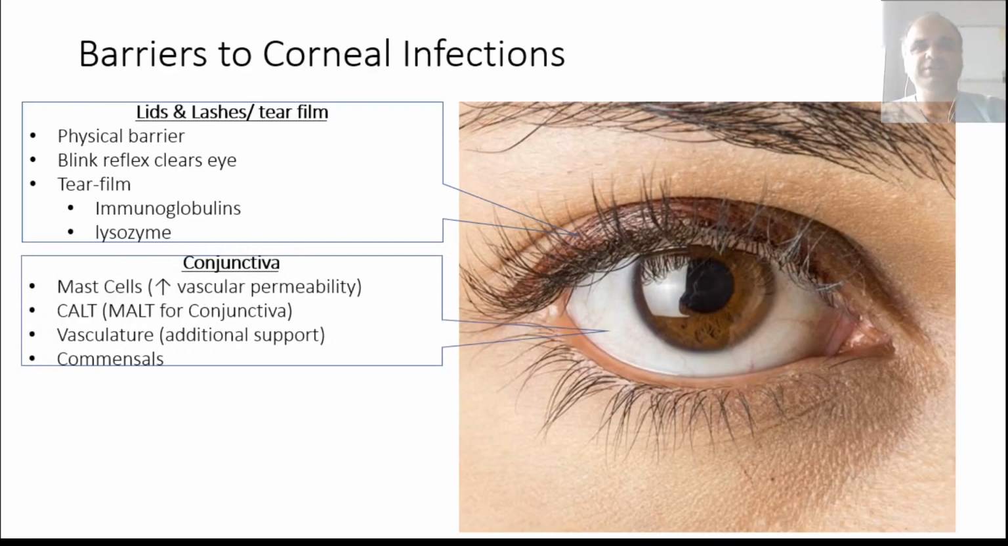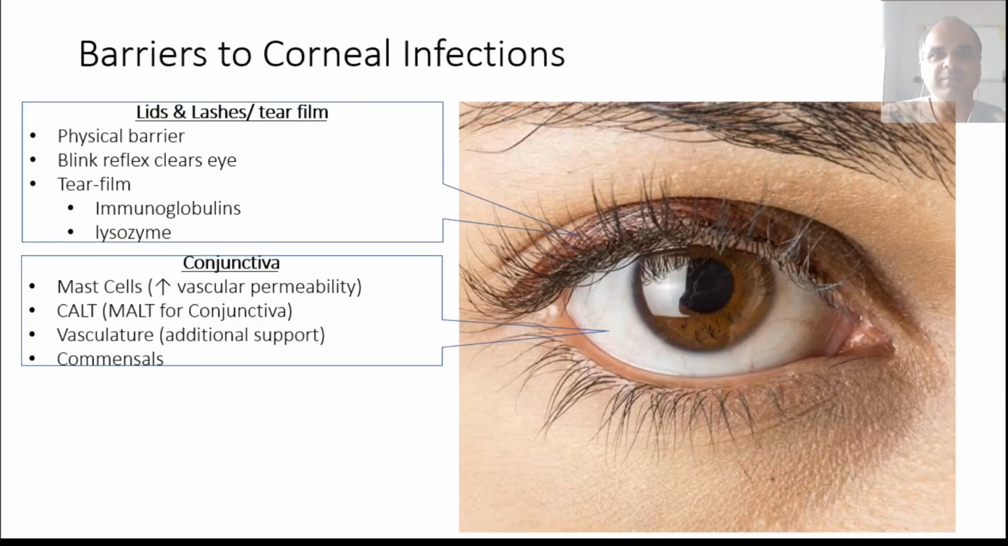Then we move on to conjunctiva. Conjunctiva itself has something called CALT, which is conjunctiva associated lymphoid tissue, which is something like MALT for your conjunctiva, which is basically something that provides a lot of defense cells. Remember, your cornea is avascular, so it depends upon the surrounding tissues and surrounding structures for assistance, of which conjunctiva is one. Together with that, conjunctiva also has a lot of commensals which prevent other organisms from coming in and